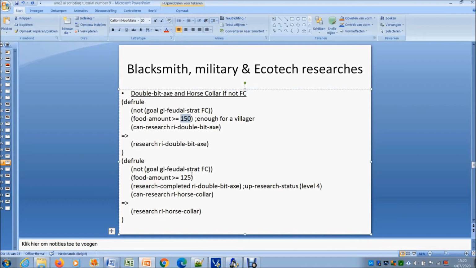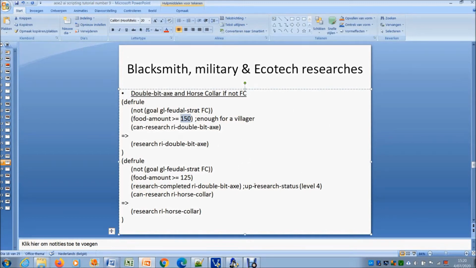Why 125? The same. Horse collar costs 75 food plus 50 for the villager. We want to be sure that we continuously produce villagers. We also want to check research completed double bit axe. Once this research is completed, then we want it to research horse collar. In the future we will see how we can research horse collar earlier once the double bit axe research has